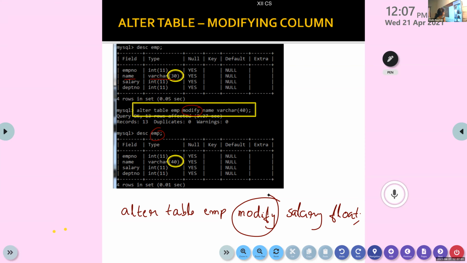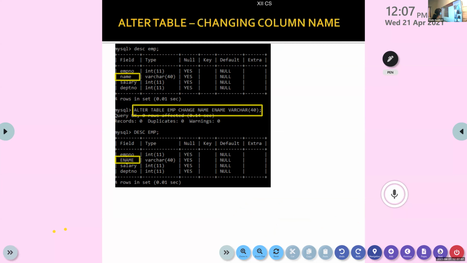Now let's see the next option of alter table. Here some important changes are there. You can see the table and here the column name is name.